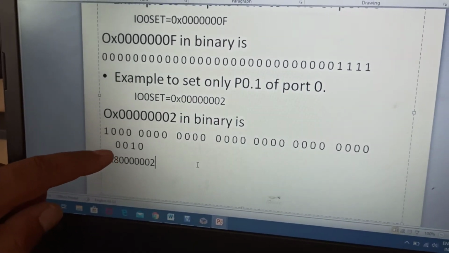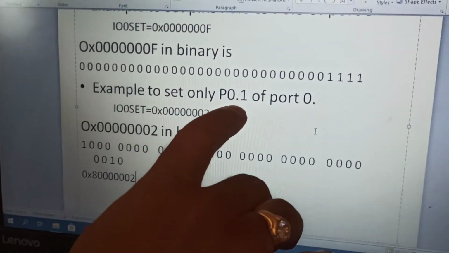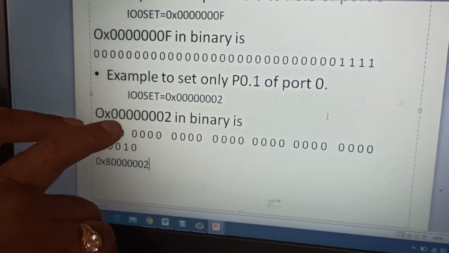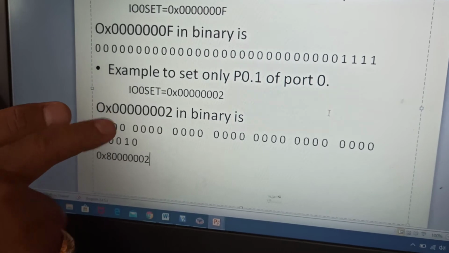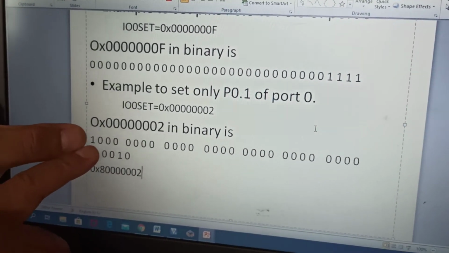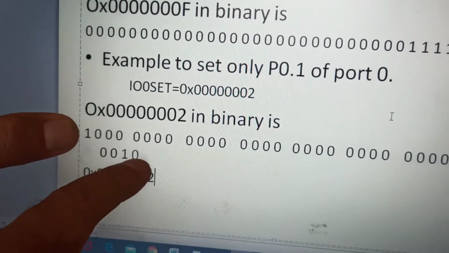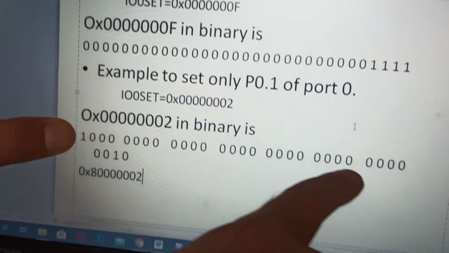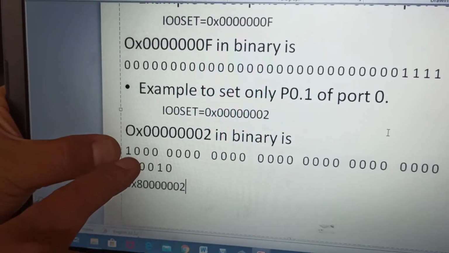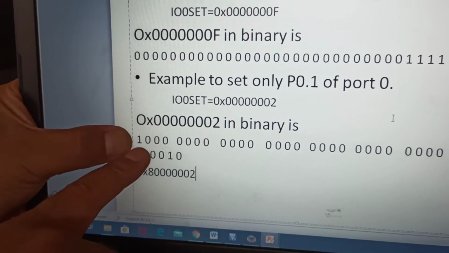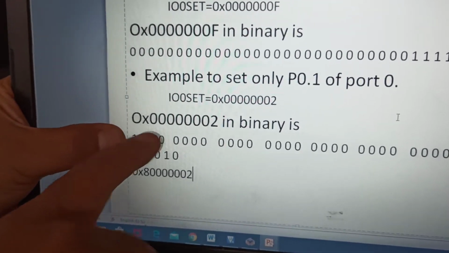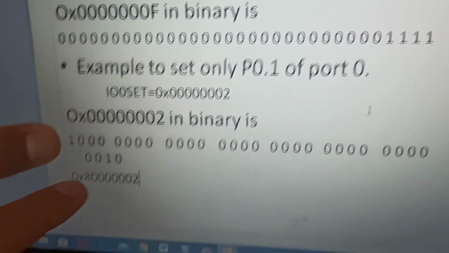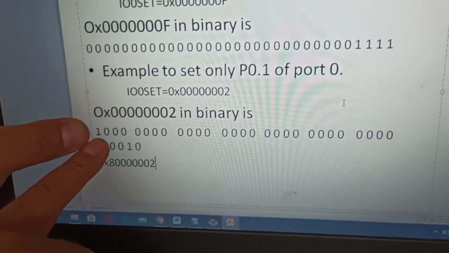This is what we have to write when we want to set P0 of 1 and P0 of 31. 31 is the last bit here. This is the 31st bit, counting 0, 1, 2, 3, 4, 5, 6, 7, 8, and this is 31. If you want to set the 31st bit of port 0 as 1, we have to make it 1 here.